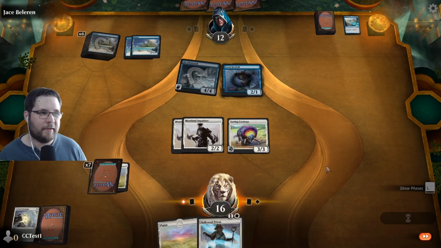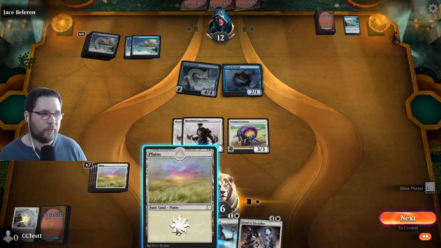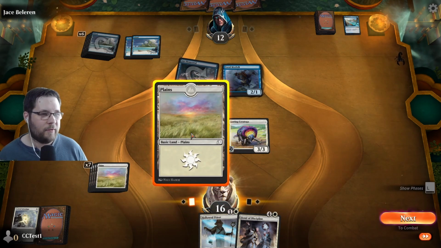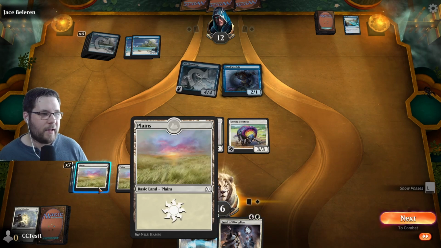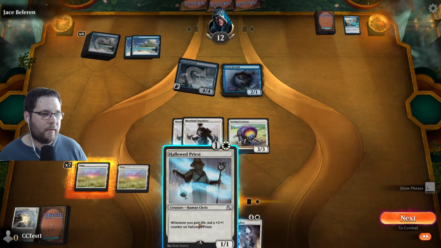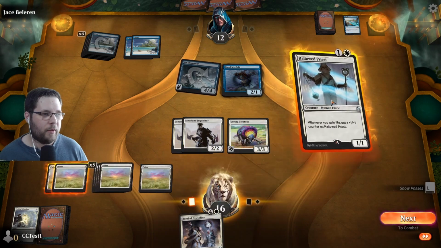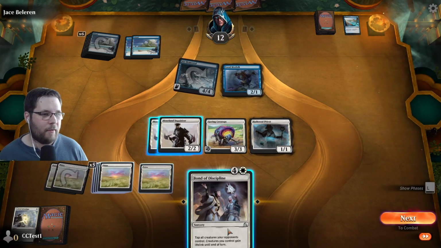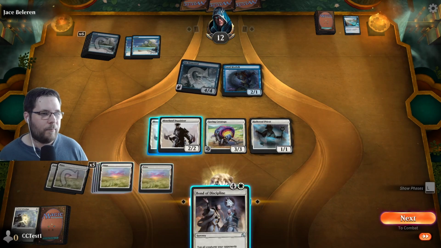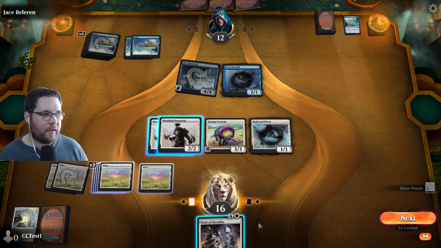Surprisingly, they attack here. I would have held back the block personally, but each person gets to make their own decisions here. Currently, we have 8 planes available and 7 mana worth of spells, so we're going to go ahead and play the Hallowed Priest before combat, just to get that out on the board. And then we're going to, I believe, win the game with this